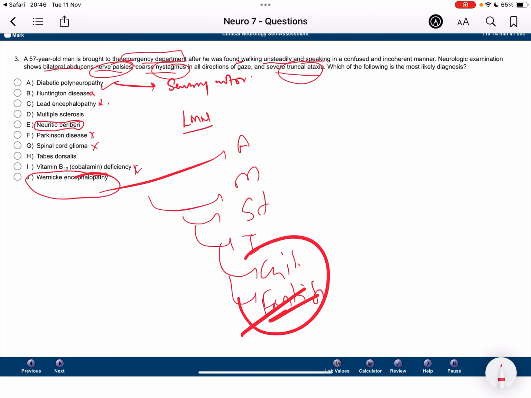The examiners can be asking you, why do patients with thiamine deficiency develop Wernicke's encephalopathy? This could obviously be a part 1 question because thiamine plays an important role in maintaining axon or nerve conduction. Thiamine also plays an important role in neurotransmitter synthesis. Thiamine deficiency is usually because of oxidative mechanisms being aggravated, and when they are aggravated, it leads to toxicity and that causes vitamin B1 or thiamine deficiency.